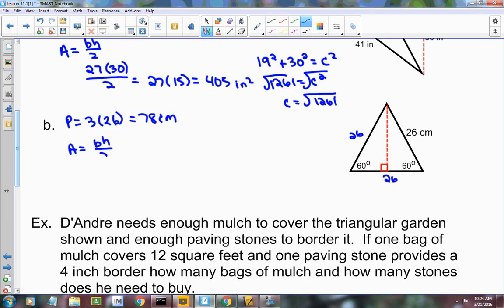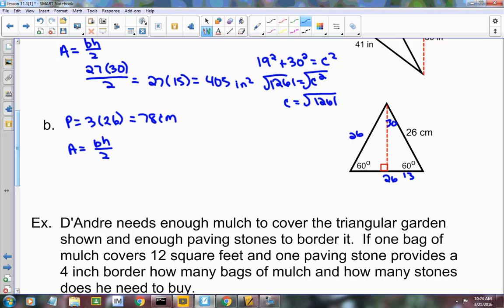Now, my area, I'm going to do base times height divided by 2. Now, I heard some of you say we had a 30, 60, 90 in here. Do we have a 30, 60, 90? Yes, we do. Okay, it's one of these. Okay, because when you drop that height, it bisects that 60 into two 30s. What does it do to the base? It divides it by 2. It bisects it also. And so now I can use this 30, 60, 90 to find the height of my